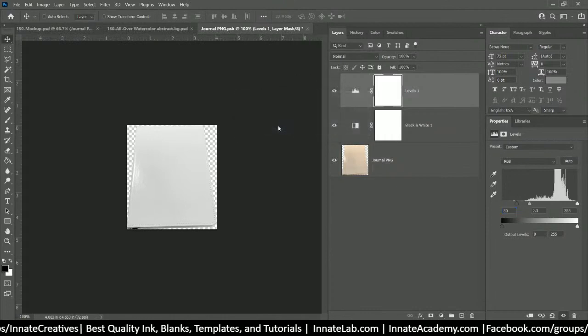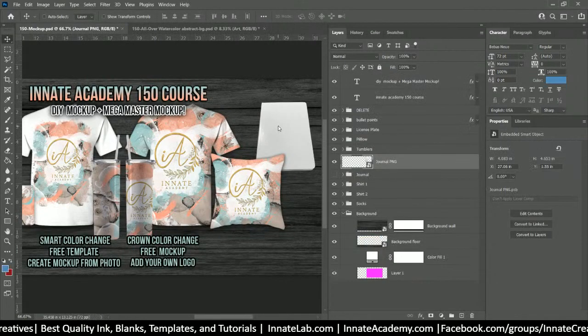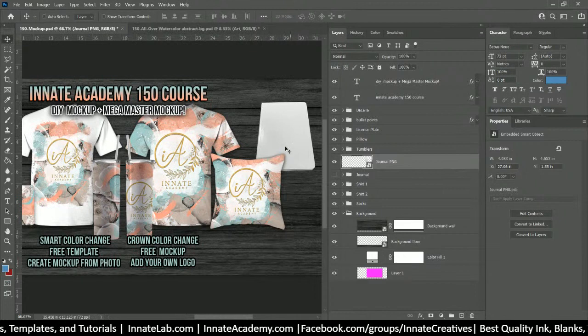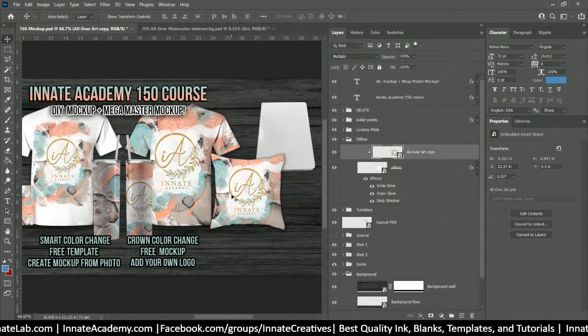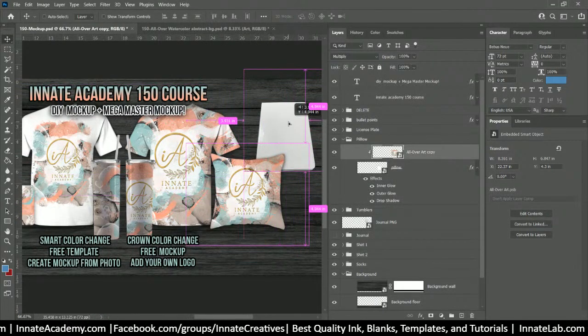Now when I say yes, this time to save it, it's going to automatically save it because it is a smart object inherently, which means that it can preserve all of those layer edits. So see how it's nice and crisp and white now? We're going to take the pillow image, which is already a smart object, and we're going to alt click and drag it